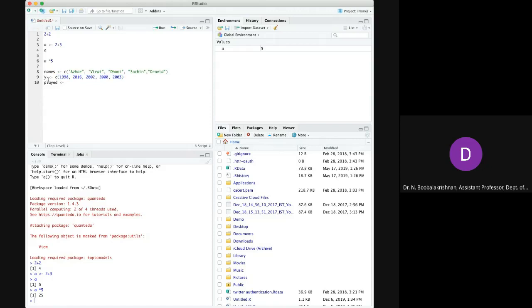This Y is year, and this P is played, the total number of matches played. I am just putting it as a rough 43. Virat 32. Dhoni 45.